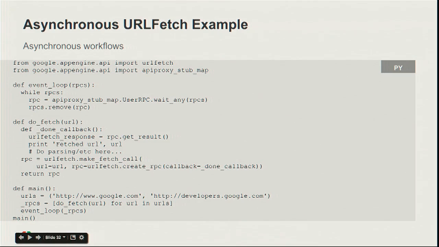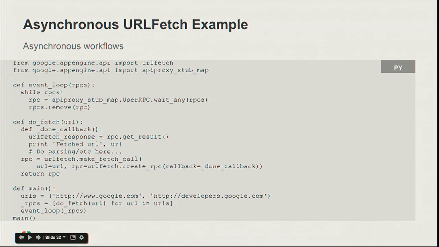So I'm just going to go over an example of how to use asynchronous RPCs to speed up URL fetch. I'm going to give two examples of this. This is using the slightly older method using callbacks, and then I'll go over the new one. The main thing that you need to write here for using any of the asynchronous APIs is an event loop that keeps track of the RPCs and calls the waitAny function, which will automatically call the callbacks when they're ready. I have the doFetch call down here, which inside it has a closure to construct